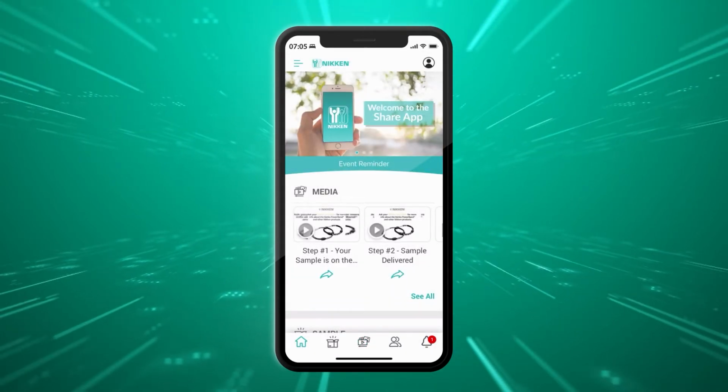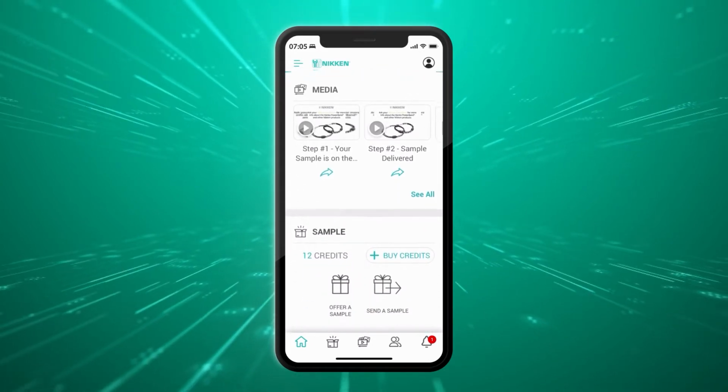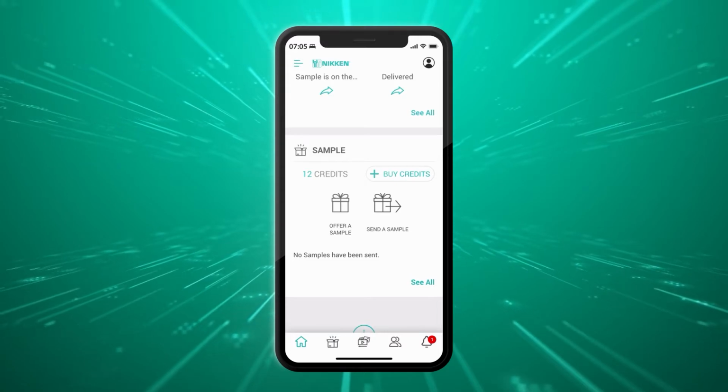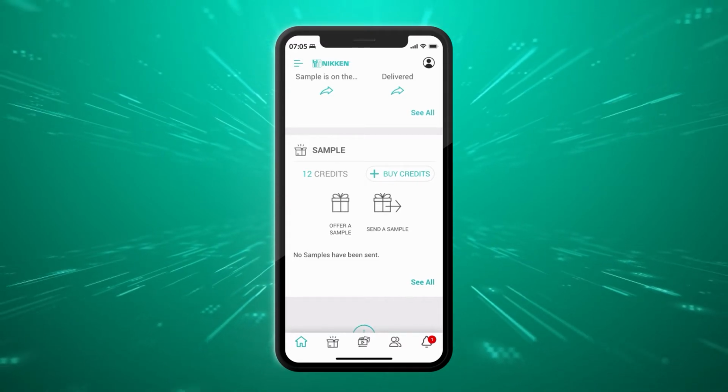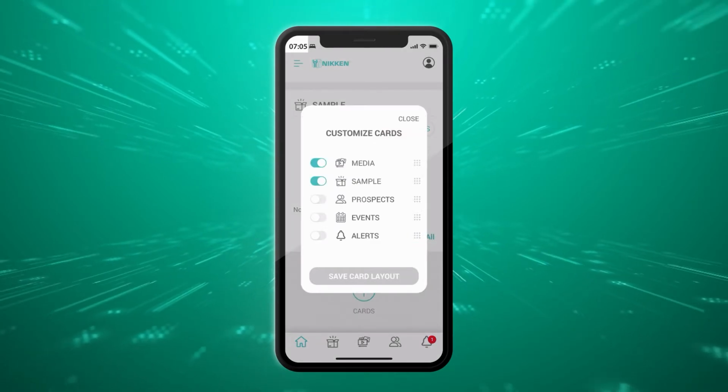So we have the media card. I just wanted to explain kind of what a card was. And then we have our sample card, right? So there's more that you can do in that sample section, but then I have that plus symbol back down here. If I click on that, I can see all the other cards that I can add to this home